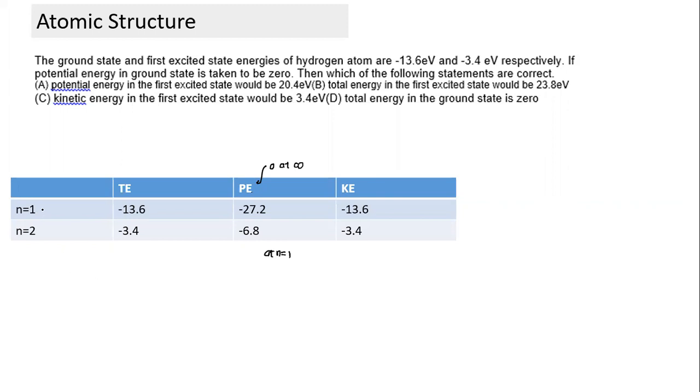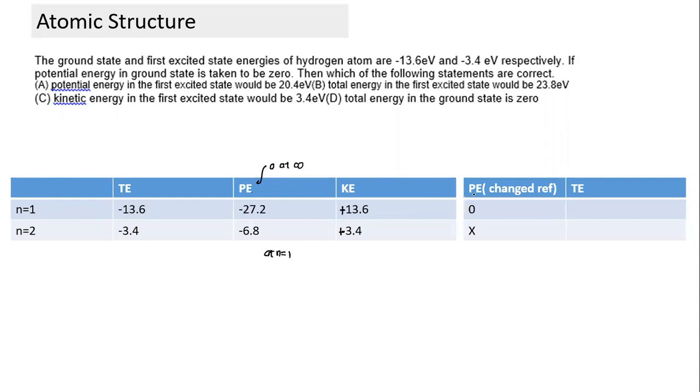This part is easy. Based on this reference, this is the total energy. Potential energy is twice the total energy, with the same sign. Kinetic energy, sorry, yesterday I also made this error here and didn't copy properly. Kinetic energy has the same value as the total energy but with opposite sign. So when we change the reference, this potential energy becomes 0 and this becomes x. What has to happen? This minus this has to be equal to this minus this. After changing the potential energy, the kinetic energy will not change. So taking the sum of potential and kinetic energy, that becomes the total energy. So that's what the question is. All of you should be able to solve that question.